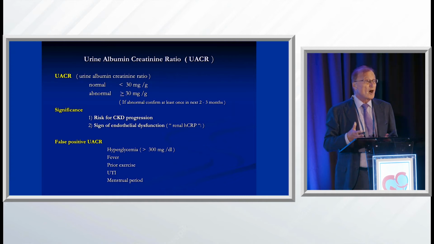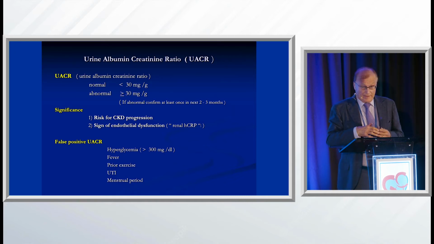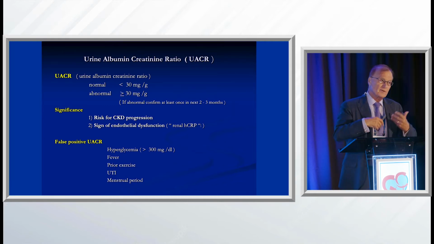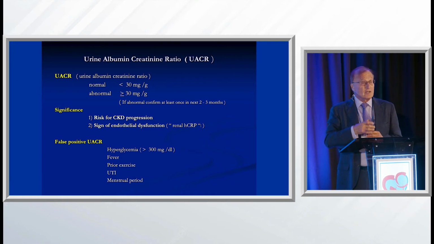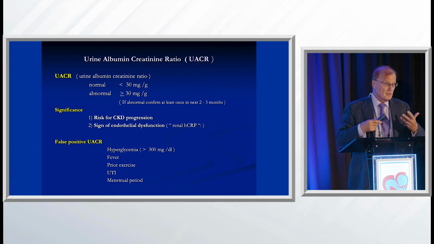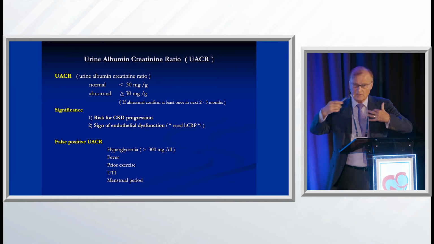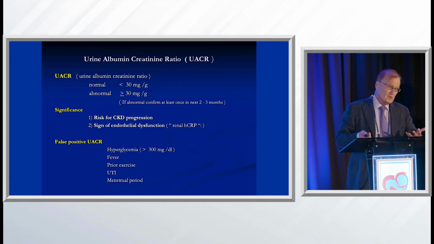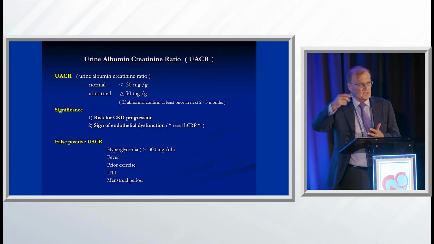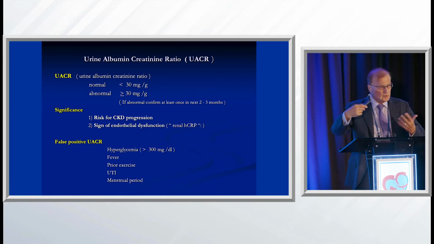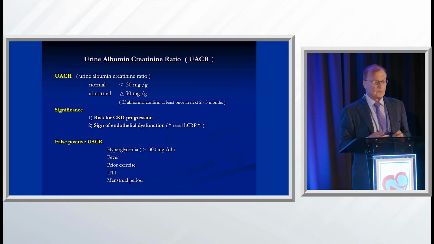You can look at heart failure data. With everything being equal, if you have albuminuria of 200, 300 milligrams, the UACR, you have double the risk of heart failure. And the outcome data from the heart failure world show that if the cardiologist improves albuminuria, because they improve, of course, cardiac output and indirectly kidney function, but they also improve albuminuria, that is a very good prognostic sign. So the lower the albuminuria gets with the treatment of heart failure, the better the prognosis.